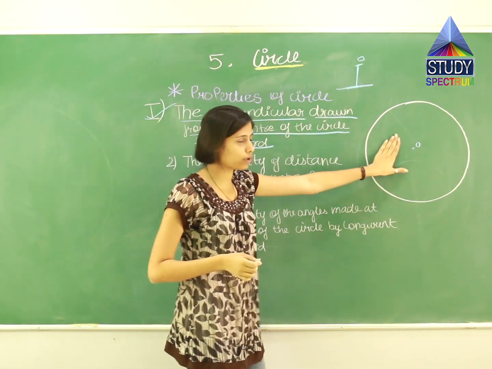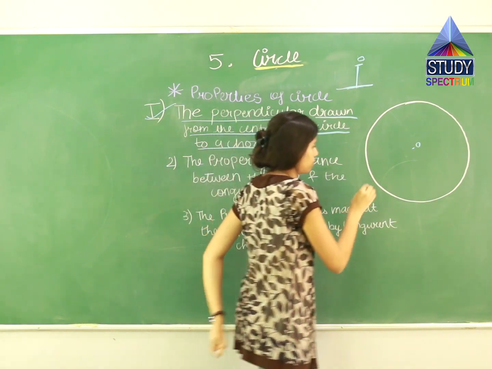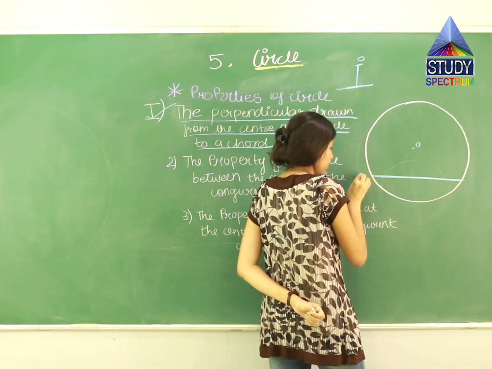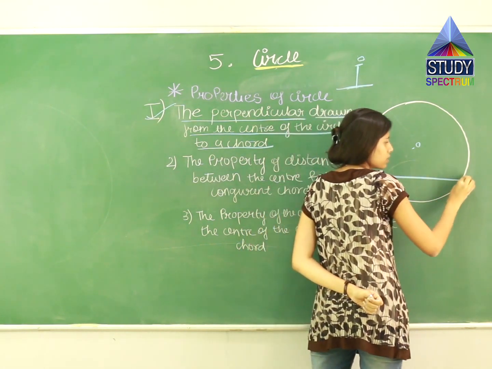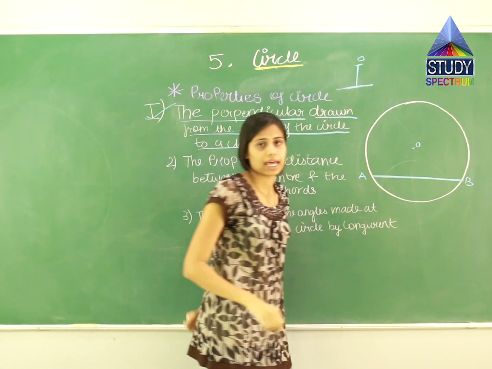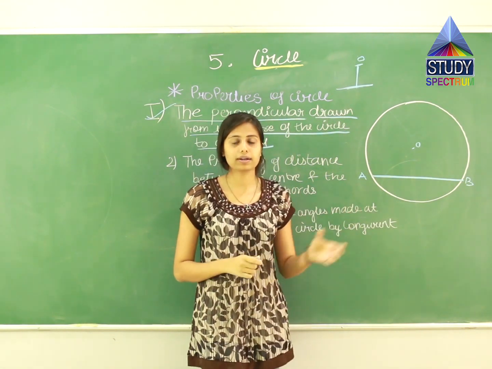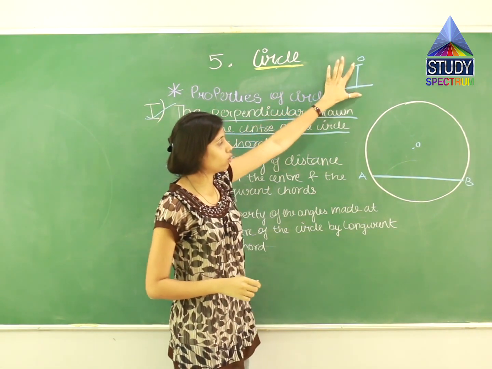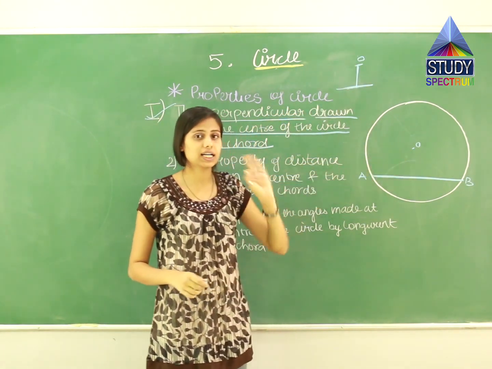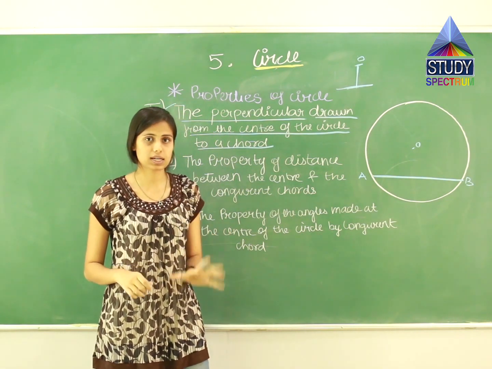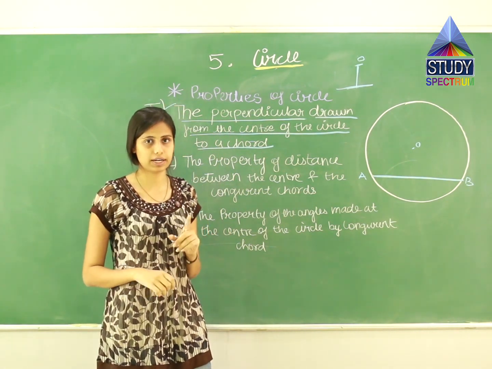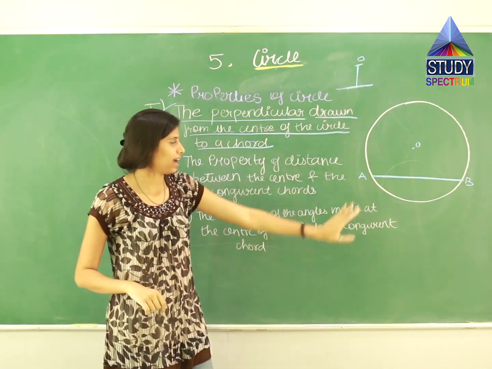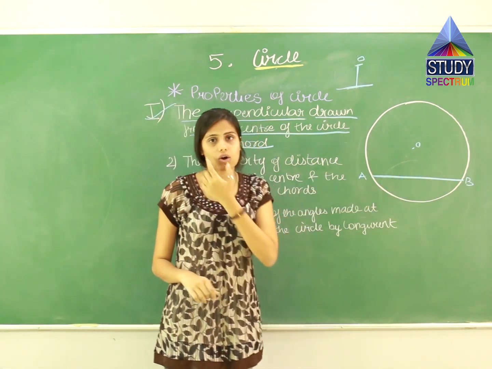So let us draw this in the figure. Let us draw the chord first. This is a chord. I have named it AB. So this is a chord, right? Now what they are saying in this property is you have to draw a perpendicular starting from the center of the circle. Remember, one circle has one and only one center, which is over here, O, and it can have any number of chords, but I have drawn only one chord, which is chord AB.